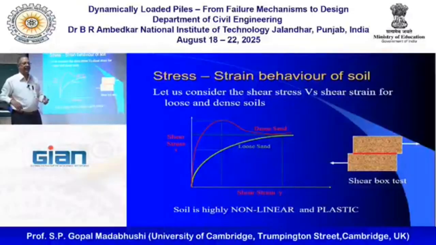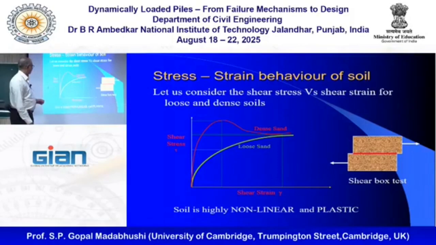This is called critical state. Critical state means the soil has reached a state where you can apply the same stress and it continues to deform. So you gain strain without any further increase in stress, which is the same as in plasticity: you reach the plastic limit and therefore deform without any further increase in stress. So from this, what we can learn is soil is highly nonlinear, and also if I unload it, it's not going